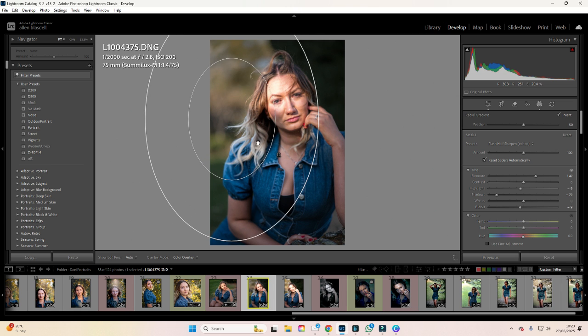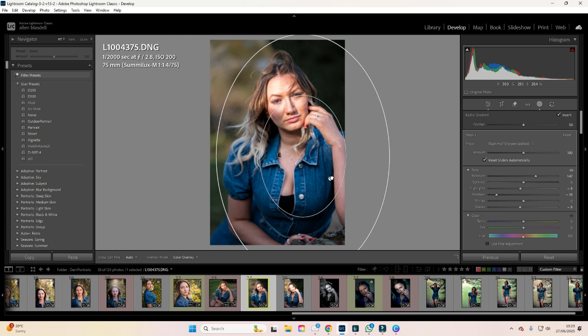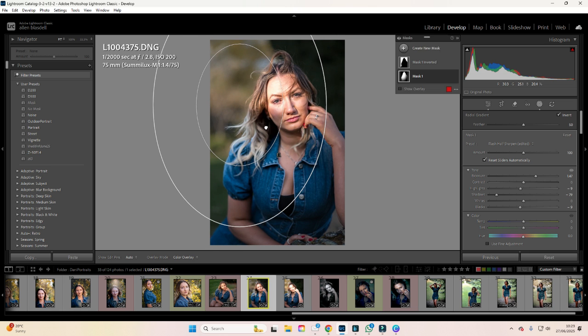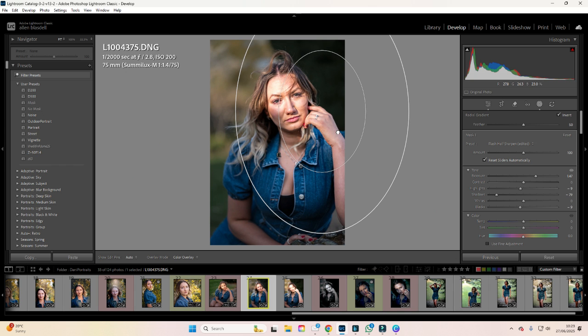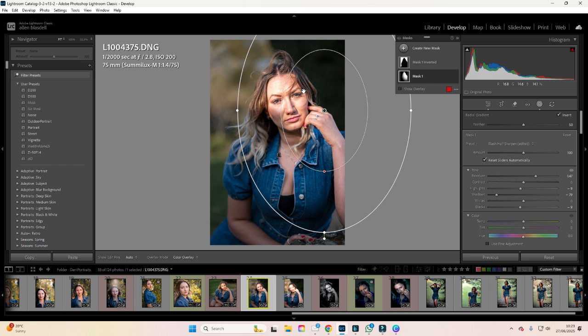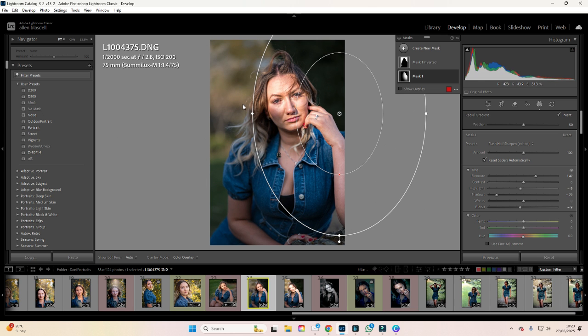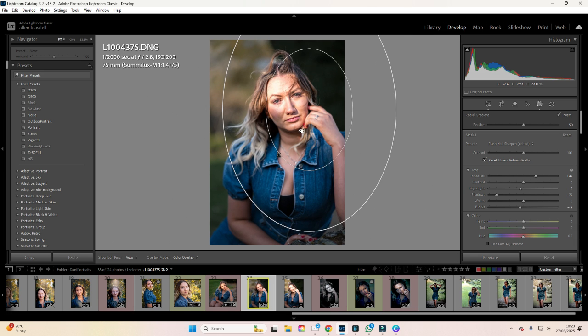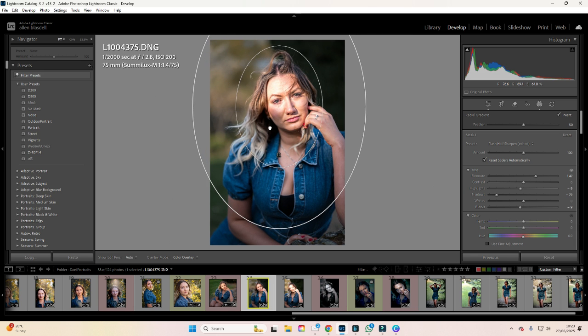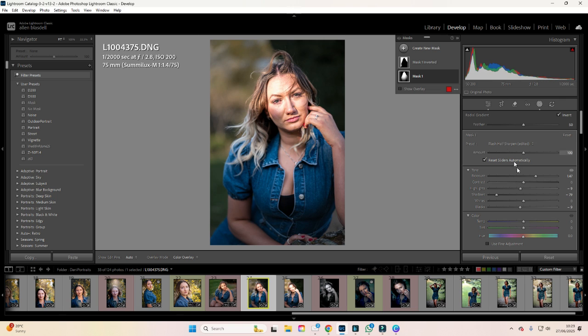You can see that wherever I move this now, we've got what looks like would be a flash. So I've got the flash on from this direction on this side of her face. This side is more in shadow. If I change it to this side, we've lifted the shadows enormously on this side, and we're not having so much effect on this side. And the point is, it's only affecting our subject. It's having no effect whatsoever on the background. So if I put that where I think it should be,